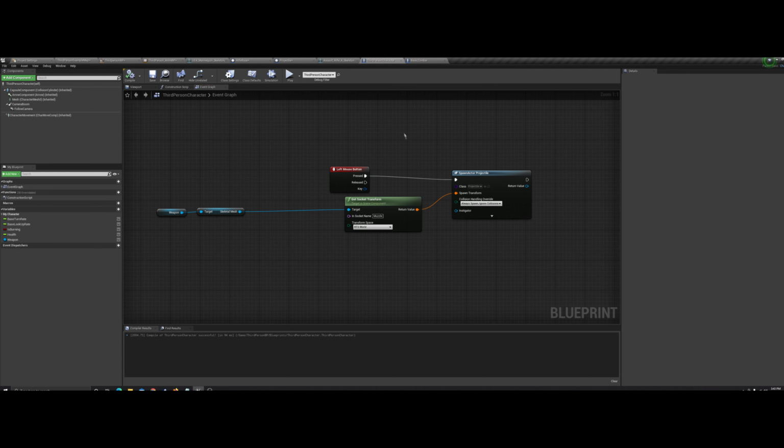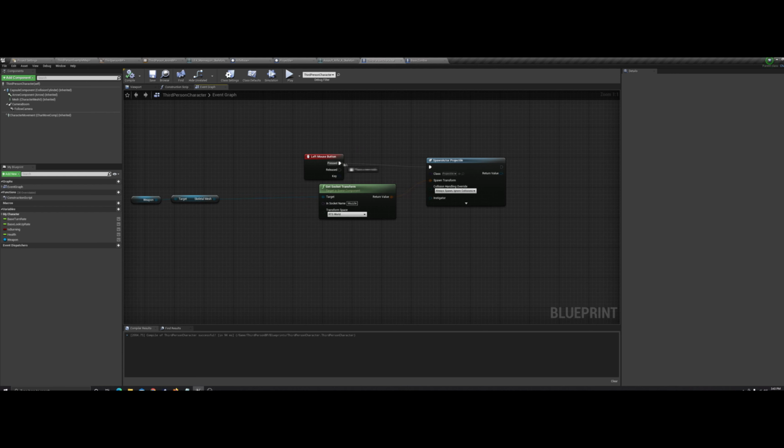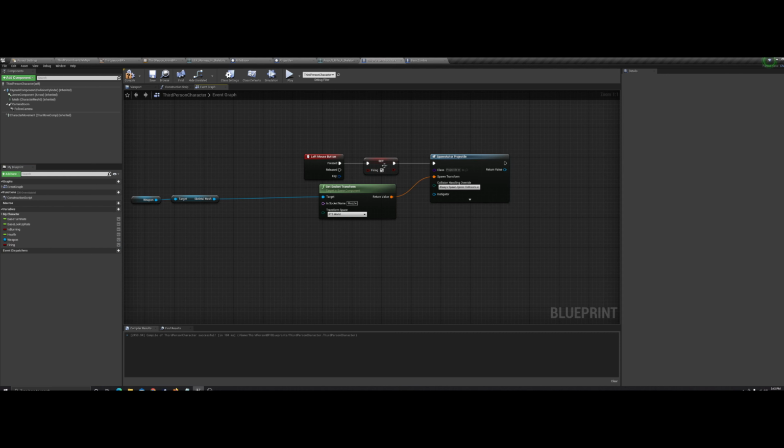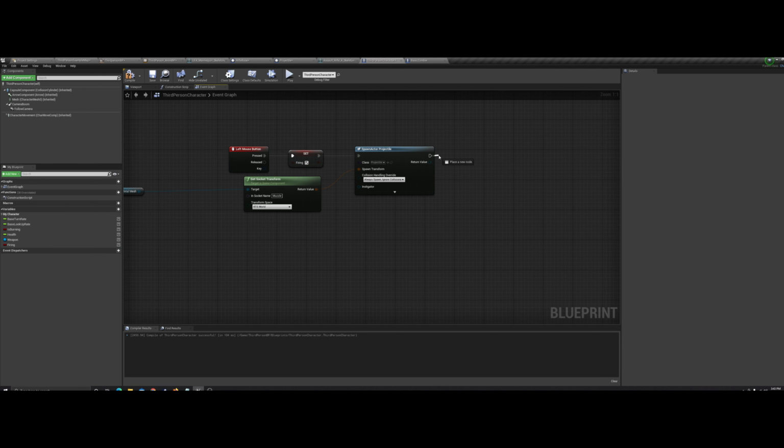So let's go back to the third person character. We got the left mouse button, and let's make a variable for firing. I like to have proper caps sometimes. Just bugs me when I don't see it. We're gonna compile, and I'm gonna set firing to true. I shouldn't have put set firing, I should just call it firing. So let's set firing true,